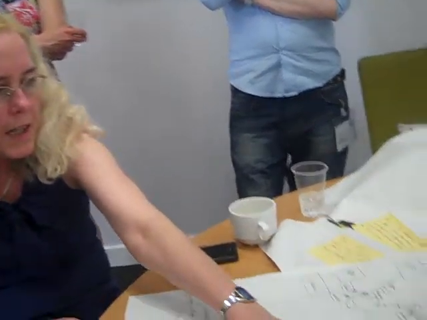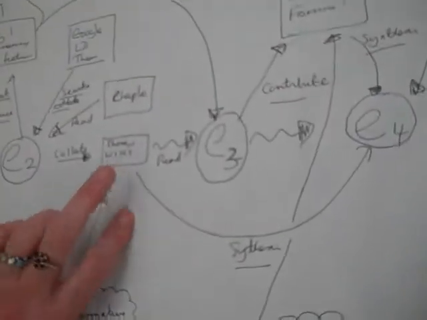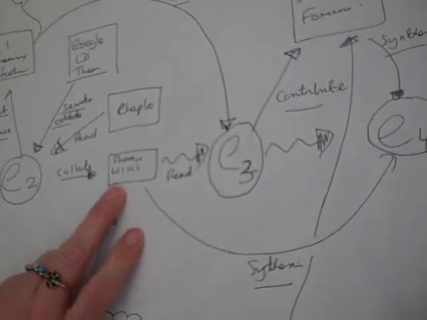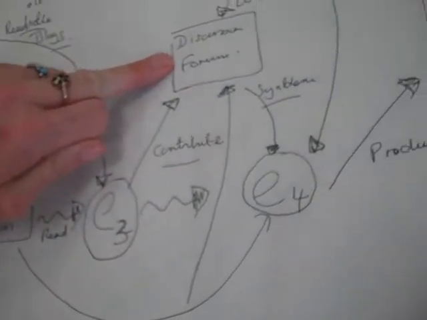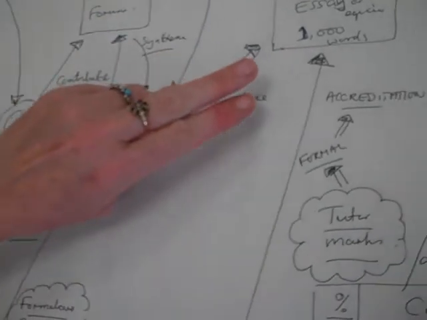reflection. The wiki is good because it's a good way of aggregating resources. It might not be a wiki; it might be Pinterest or Scoop.it or something like that. Or a shared document. This is good in terms of dialogic learning, and this is good in terms of them reflecting and applying. So each of the tools or activities are designed to kind of bring out different aspects of